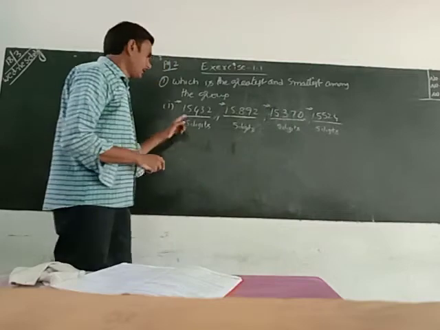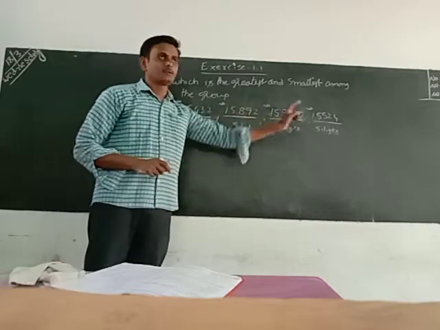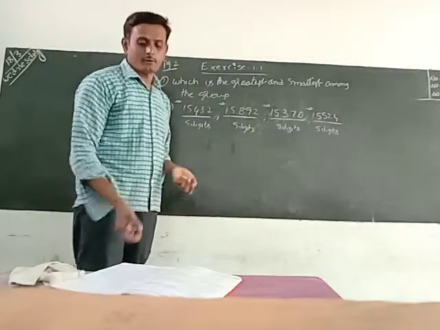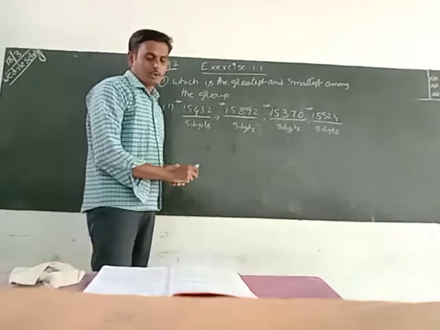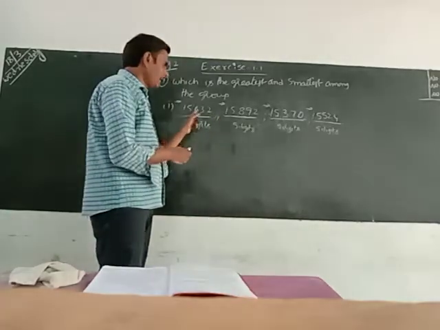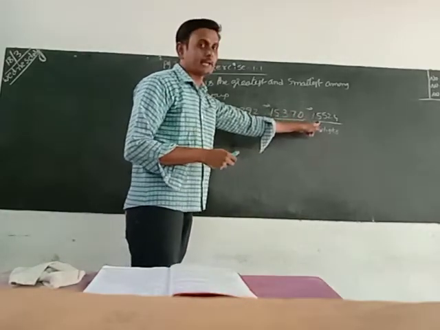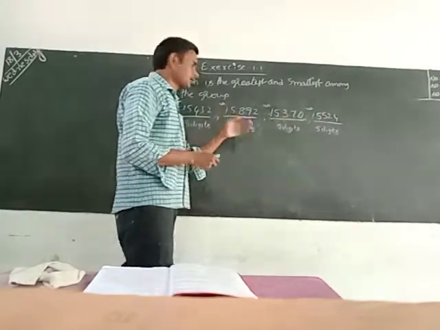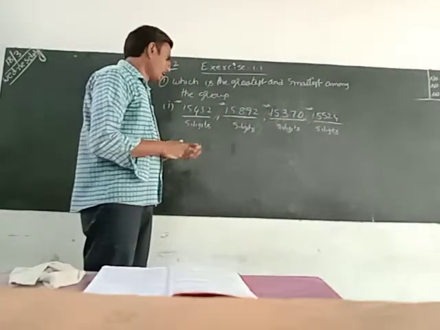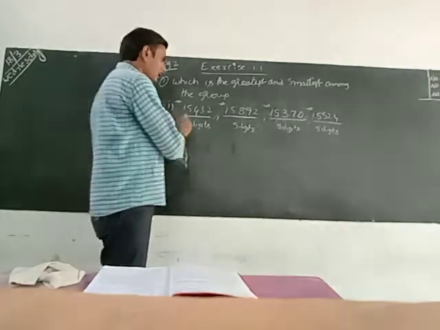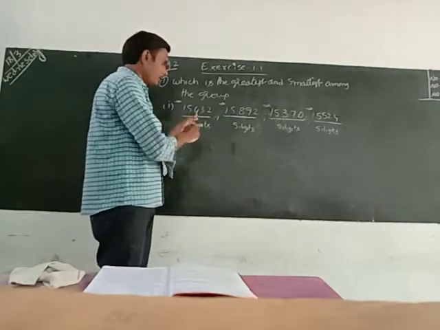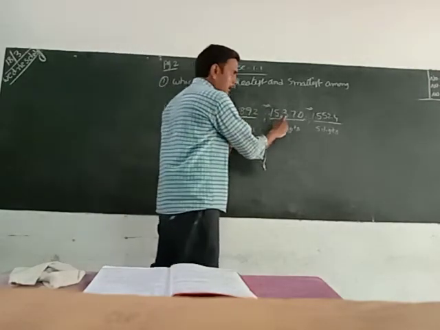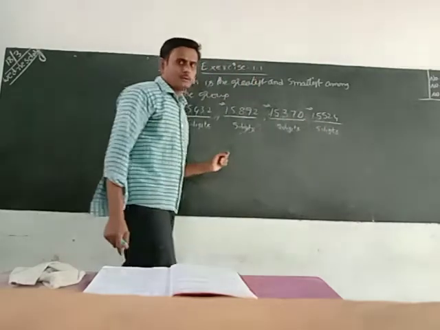Starting digit: 1, 1, 1, 1. Same or different? Same. All 4 numbers have the same digit. Go for the next digit: 5, 5, 5, 5. I am comparing the second digit. Is the second digit also same or different? Same. Same means go for the next digit. What is the third digit? 4, 8, 3, 5. Same or not?